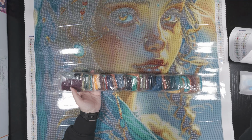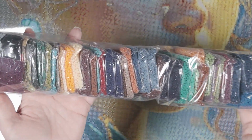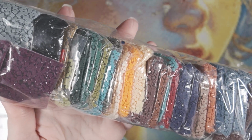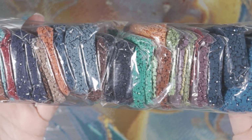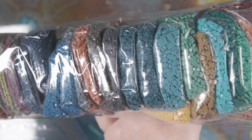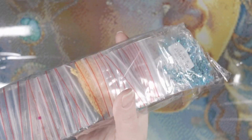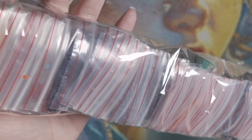I'm going to zoom you in a little bit, makes it a little bit easier to see that. All those colors, oh my goodness. Beautiful, beautiful colors in there. And they just keep going and going and going. I'll flip it over. There's the specialty drills down here, and we'll get into that. But see, that's all the baggies is how it comes. Okay, so,